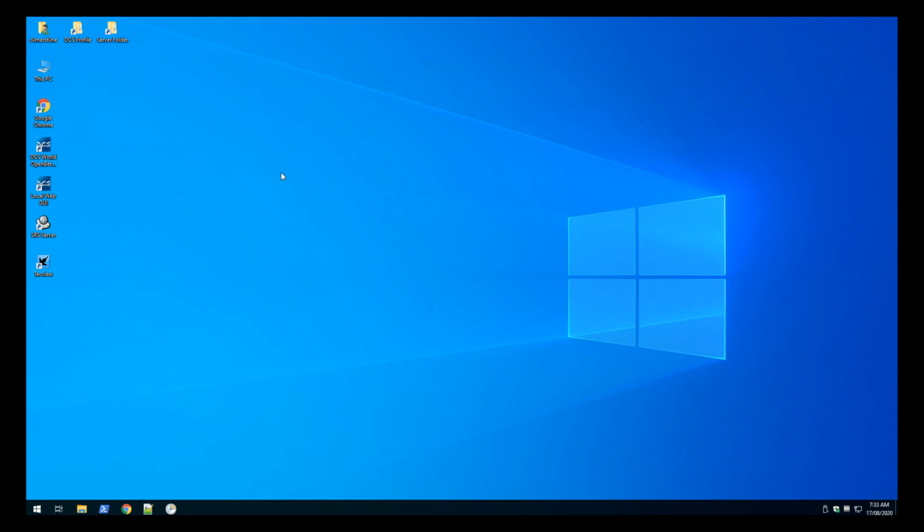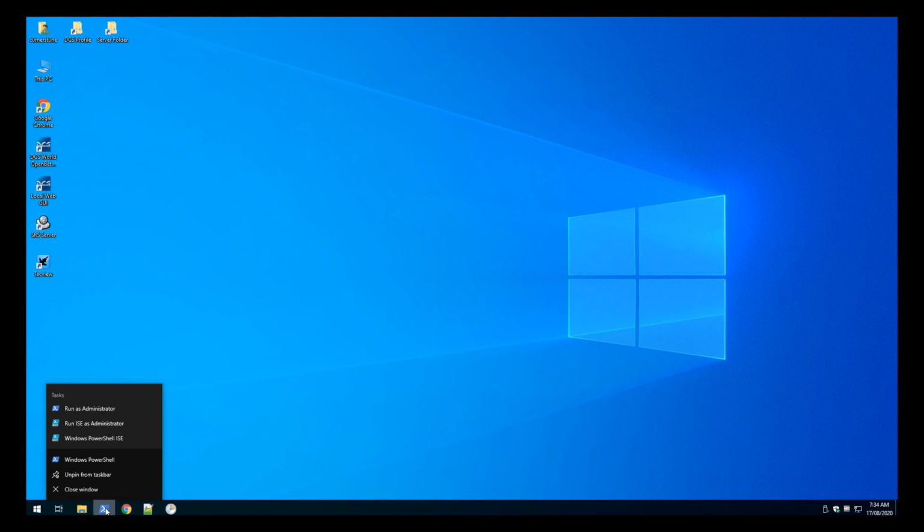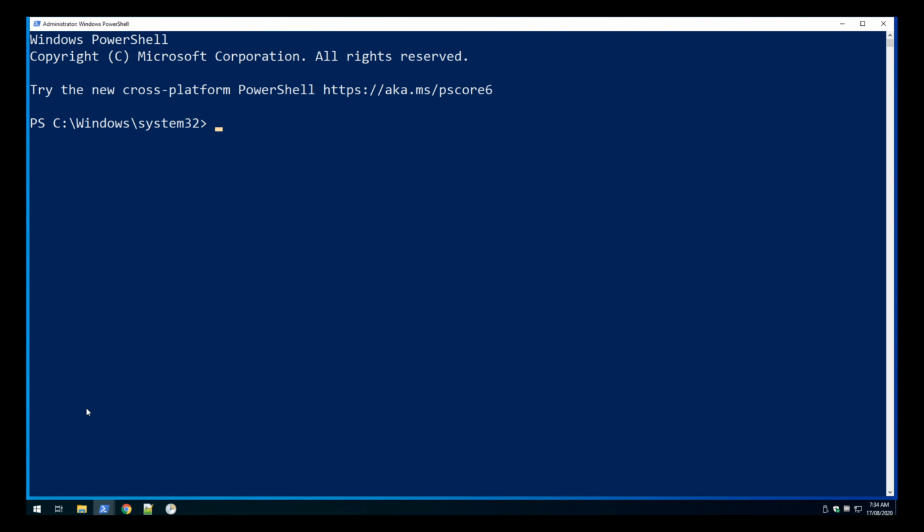So the next bit is optional. I do it just because I hate all of the bullshit that comes with Windows 10. There's a whole bunch of stuff that just makes the start menu and other things look like crap. So what I'm going to do is run PowerShell as administrator again. Now I'm going to run Get-AppxPackage -AllUsers,